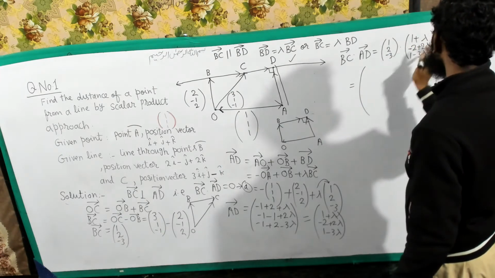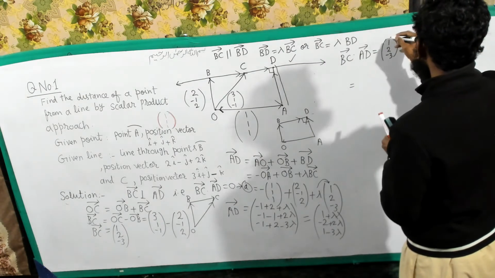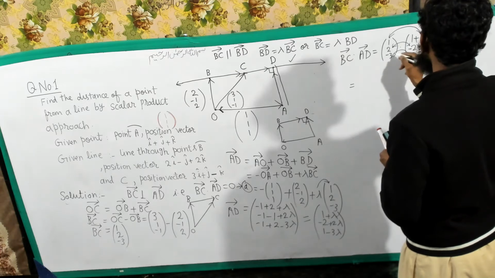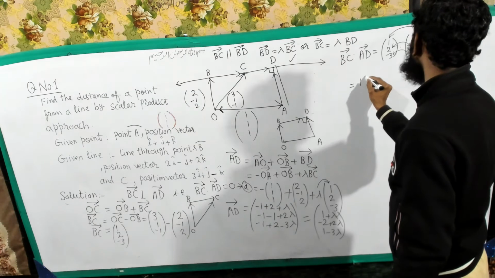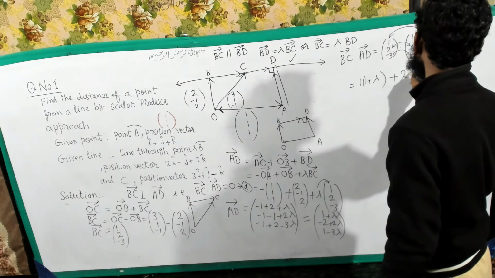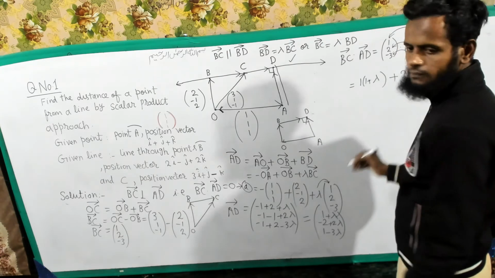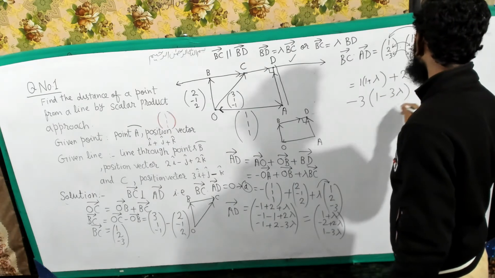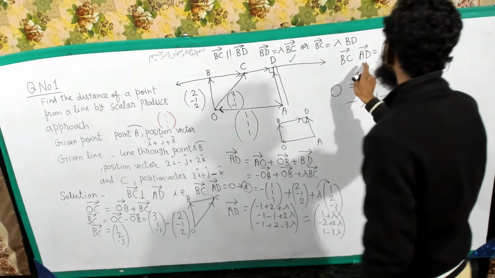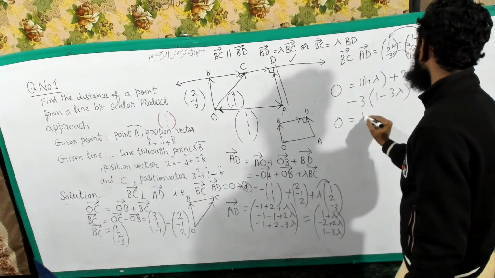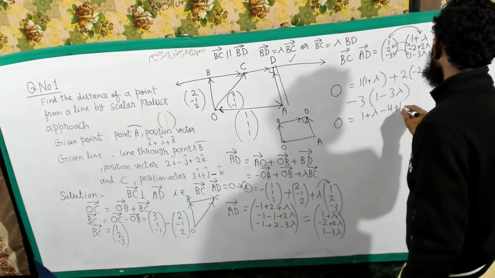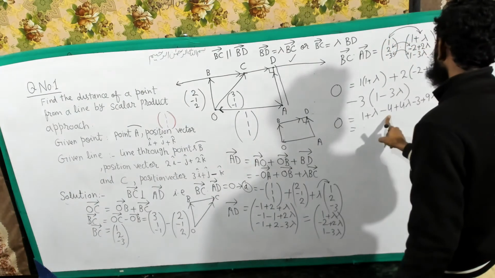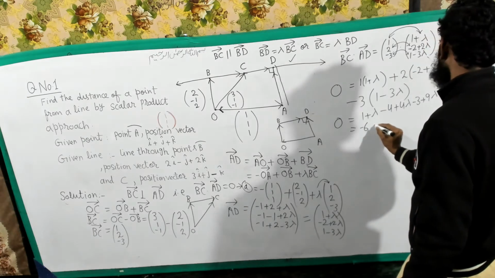We multiply 1 to this, 2 to this, and minus 3 to this. So we put positive 1 into 1 plus lambda, plus 2 into minus 2 plus 2 lambda, and minus 3 into 1 minus 3 lambda. This is 0 because BC and AD are perpendicular, which is equal to 0. 1 plus lambda minus 4 plus 4 lambda minus 3 plus 9 lambda. Minus 3 minus 4 minus 7 plus 1 minus 6, and plus